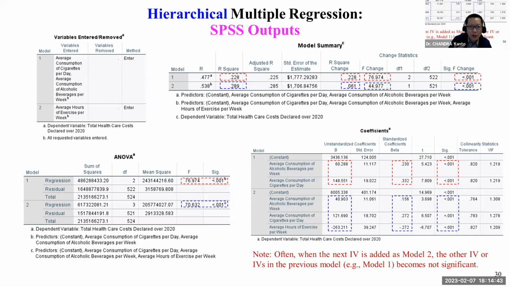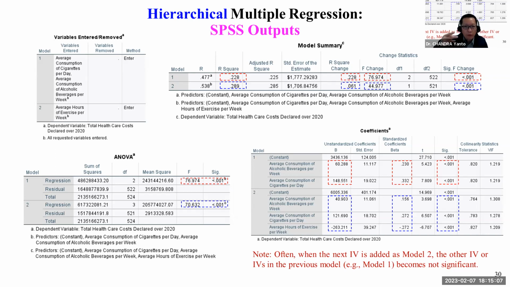Right? But how big is this change? Then you look at the R-square change. So R-square change is 0.061. Tiny, but is this tiny significant? Look at the F is 44, it's big, much bigger than 1, and then significant at less than 0.001. So you can say that